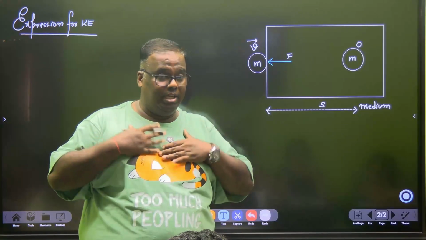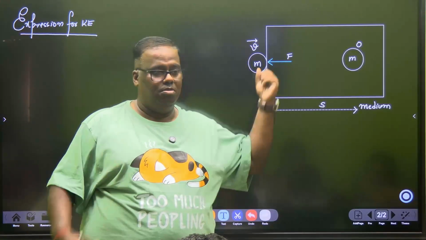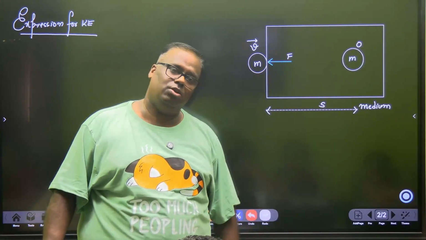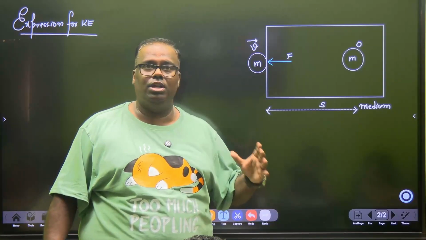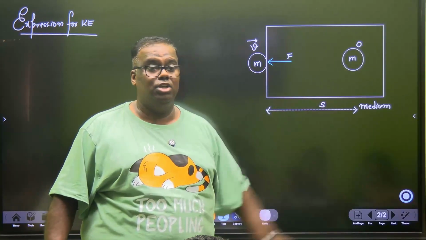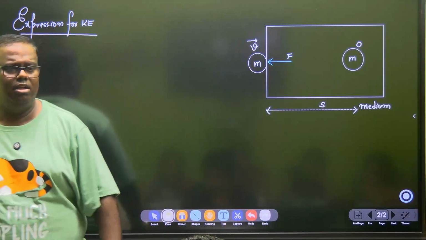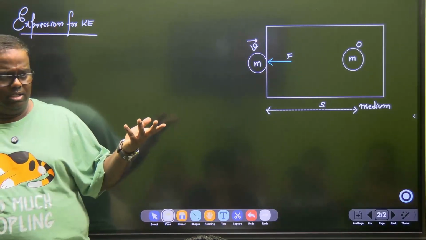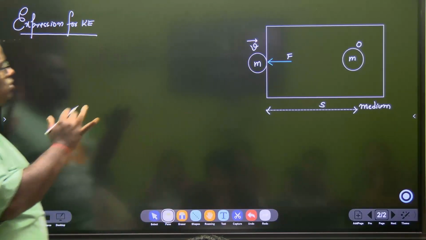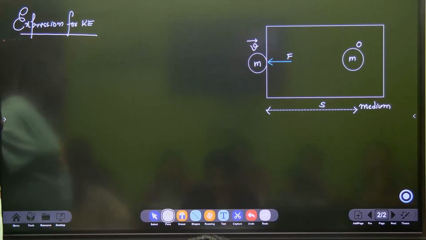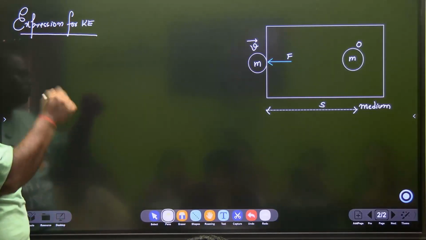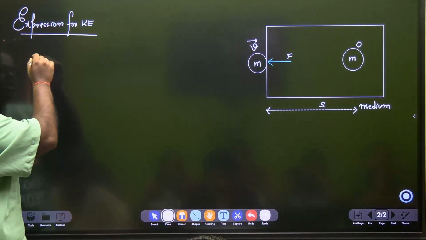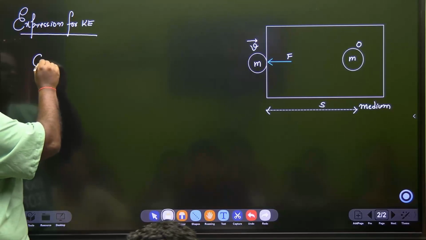So all the kinetic energy that the body had, that body must have spent all that kinetic energy. Do you agree or not? It has spent all the kinetic energy. So if we can measure the work done, that should be equal to the kinetic energy, right? So that is the gist of our derivation. So see first. Don't immediately start writing. Enjoy the derivation. So we say consider